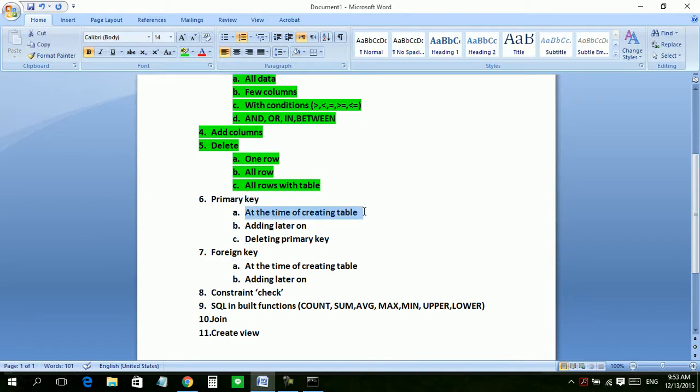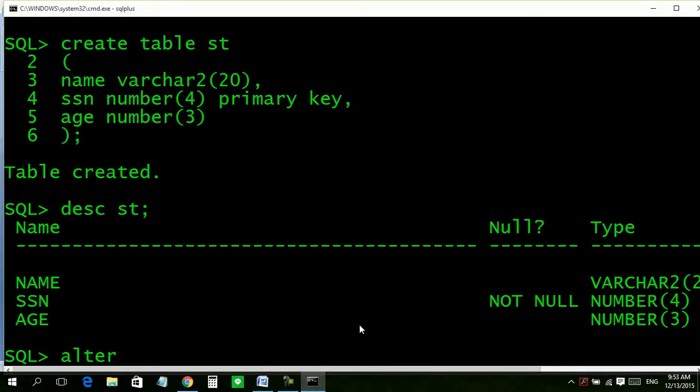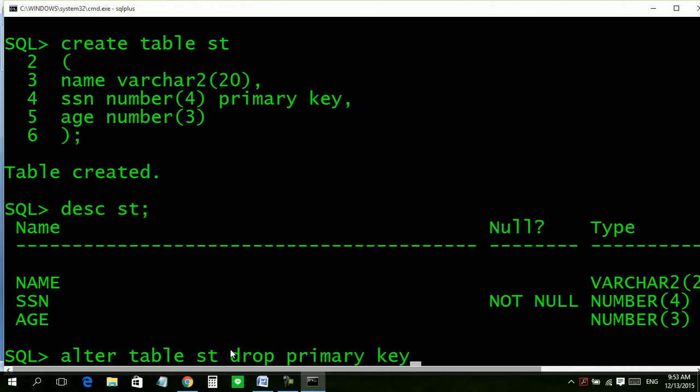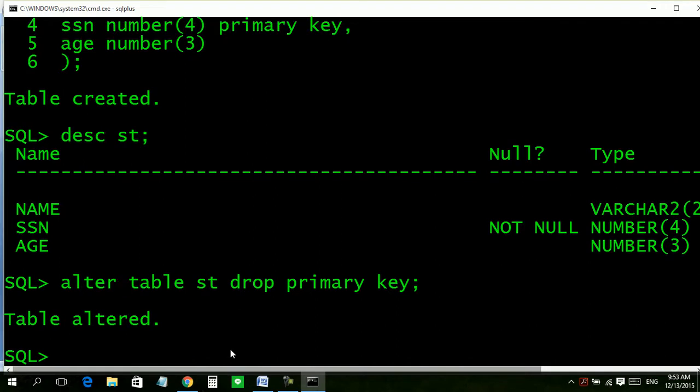Okay, we have seen this, and now it is remaining how to delete a primary key. Let us see it. Alter table ST drop primary key. Table has been altered.